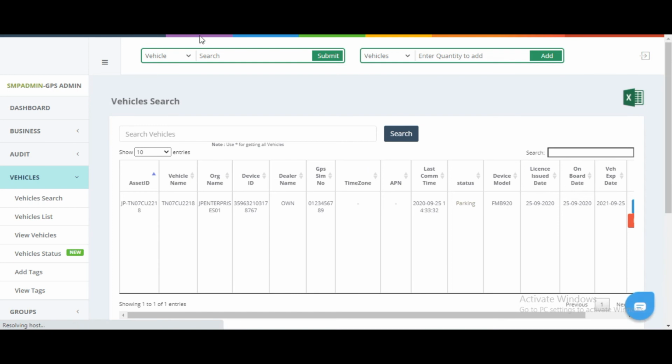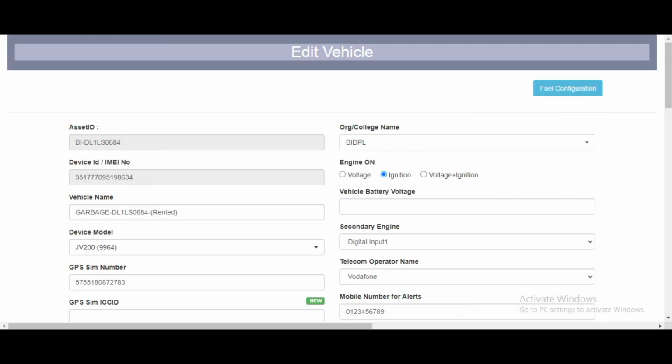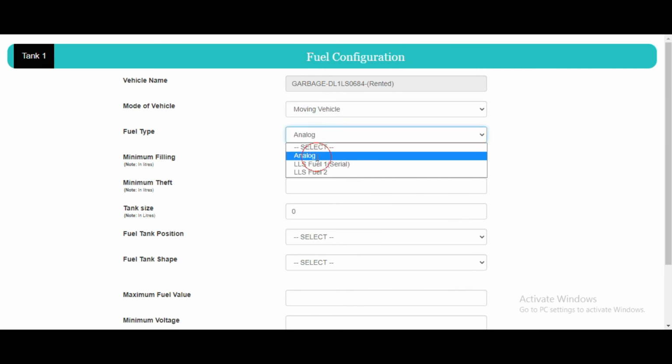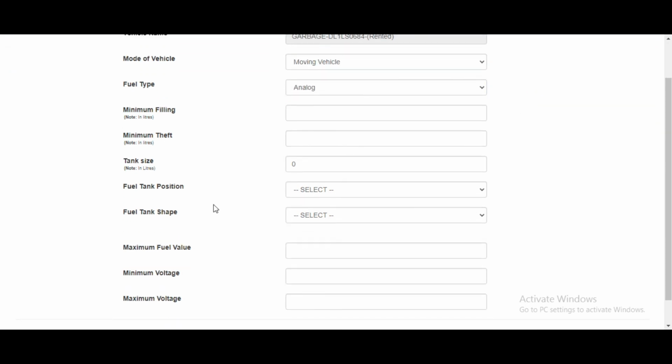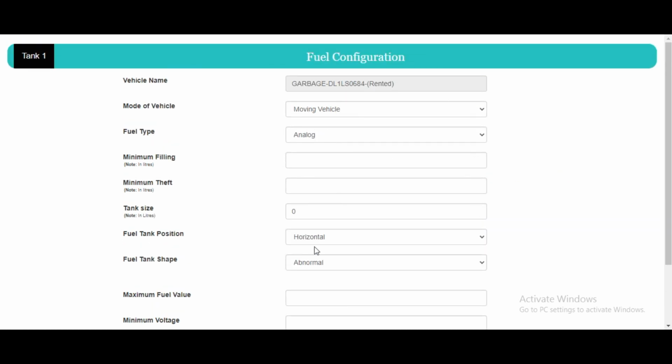Once calibration data has been added, you have to click on edit, click on fuel configuration, select the mode of vehicle, fuel type, analog, tank position horizontal, and tank shape abnormal. These are the mandatory details you have to fill in the fuel configuration and